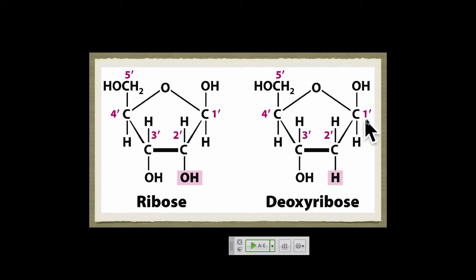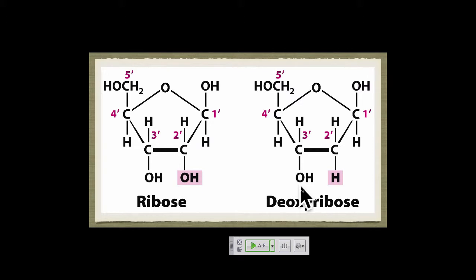The 1' is important because that's in all of these, both DNA and RNA. This is where the purine and the pyrimidine bond is formed, the glycosidic bond that holds the base. So the purine and the pyrimidine are attached to carbon 1'. So we've got 2'. The 3' is critically important. In DNA and RNA synthesis, the new nucleotide is going to get added to this hydroxyl group. If this hydroxyl group is missing, it's called a chain terminator, and synthesis will stop.